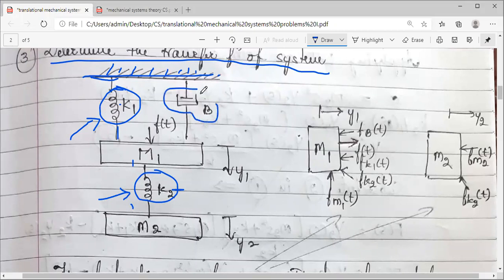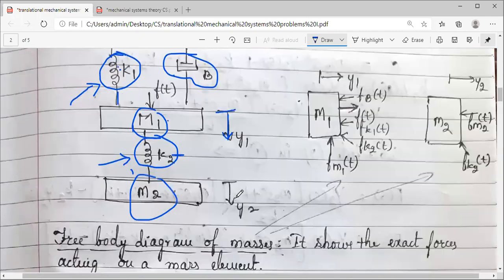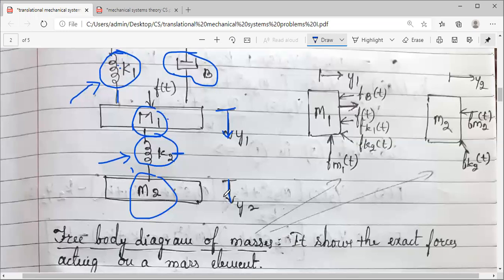And this is your damper or a dashpot. So 1, 2, 3. There is one more, mass M1, 1, 2, 3, 4, and this is your fifth. So totally 5 elements are there. Now, talking about the displacements, you can observe for mass M1 this is your displacement, and for mass M2 this is your displacement Y2.